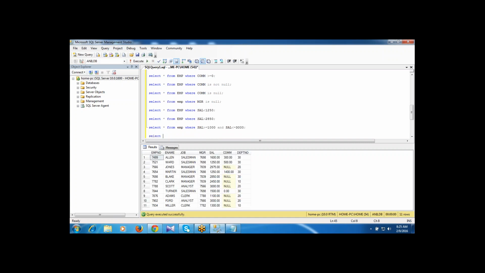Instead of writing greater than or equal to and less than or equal to, we can write the BETWEEN AND operator. Select star from EMP where salary is between 1000 and 3000.